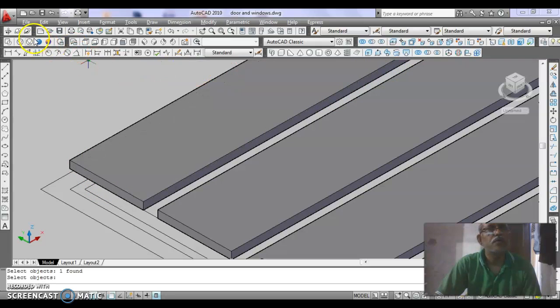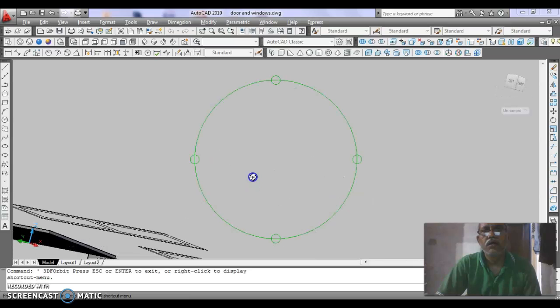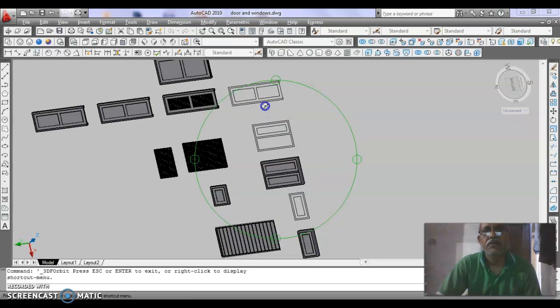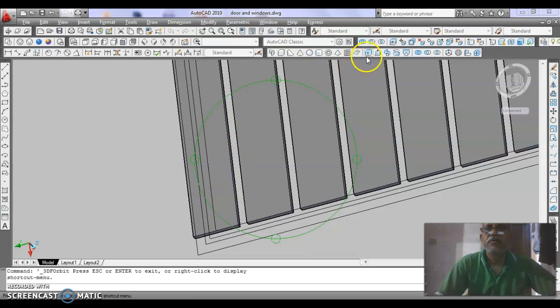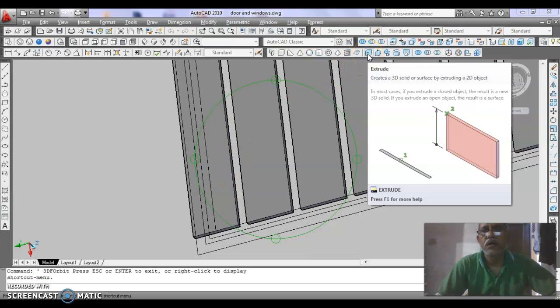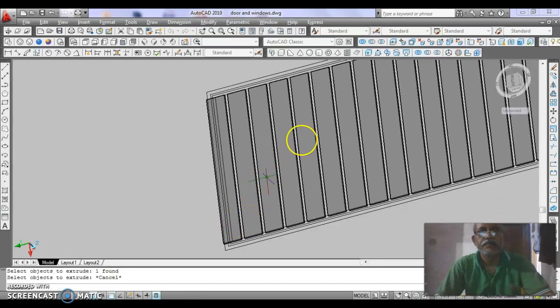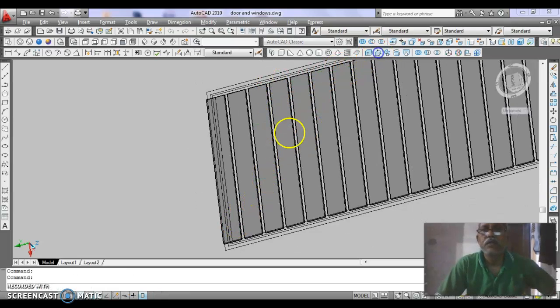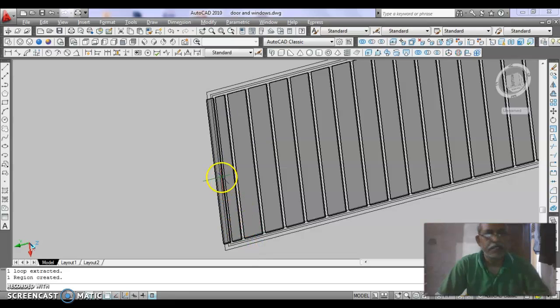So go to orbit and rotate it to the back side, then press pull this, press pull, this is not P, press pull reverse side, and then